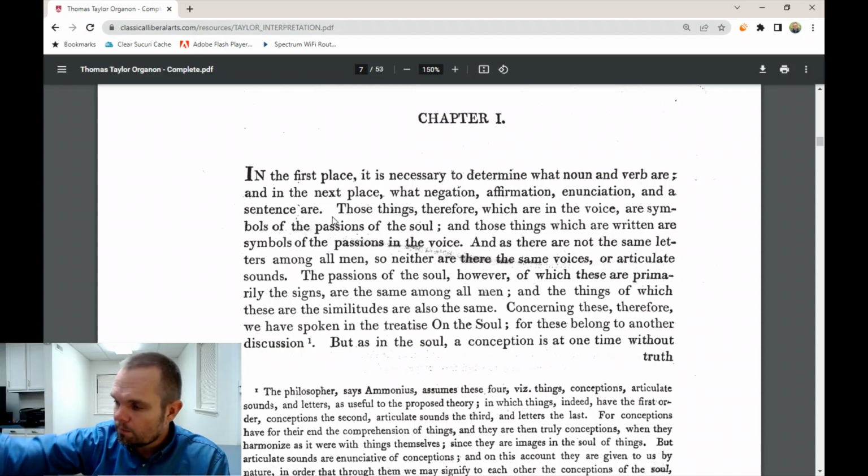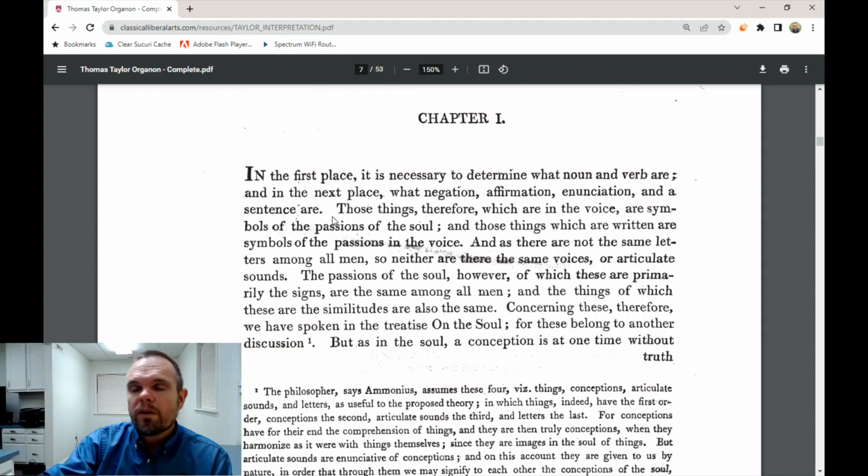Okay, so we have a symbol, a written symbol of a spoken word, a spoken symbol of a passion of the soul. The passion of the soul is not a symbol. The passion of the soul, the idea in our mind, is a likeness or a similitude of the real thing. So we have four things involved in this system of